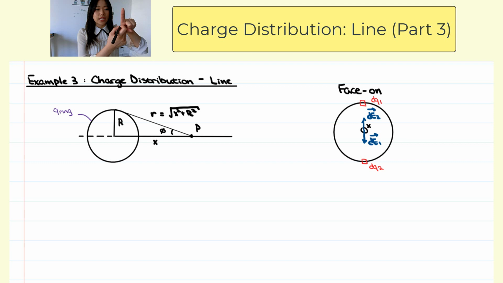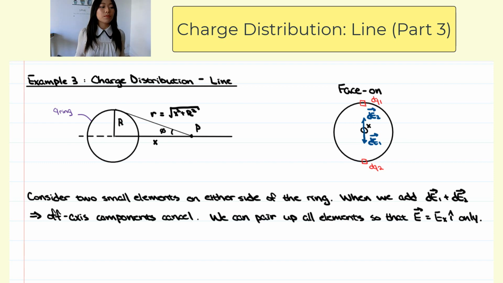Now we can use the symmetry again. The angle here equals the angle here. So we can consider two small elements on either side of the ring, and when we add up the electric field from these two small elements, the off-axis components cancel. We can pair up all the elements so that the net electric field will only have the x component. So now we only need to focus on the x component, Ex, which equals the integral of dEx. And the integral is over the ring,